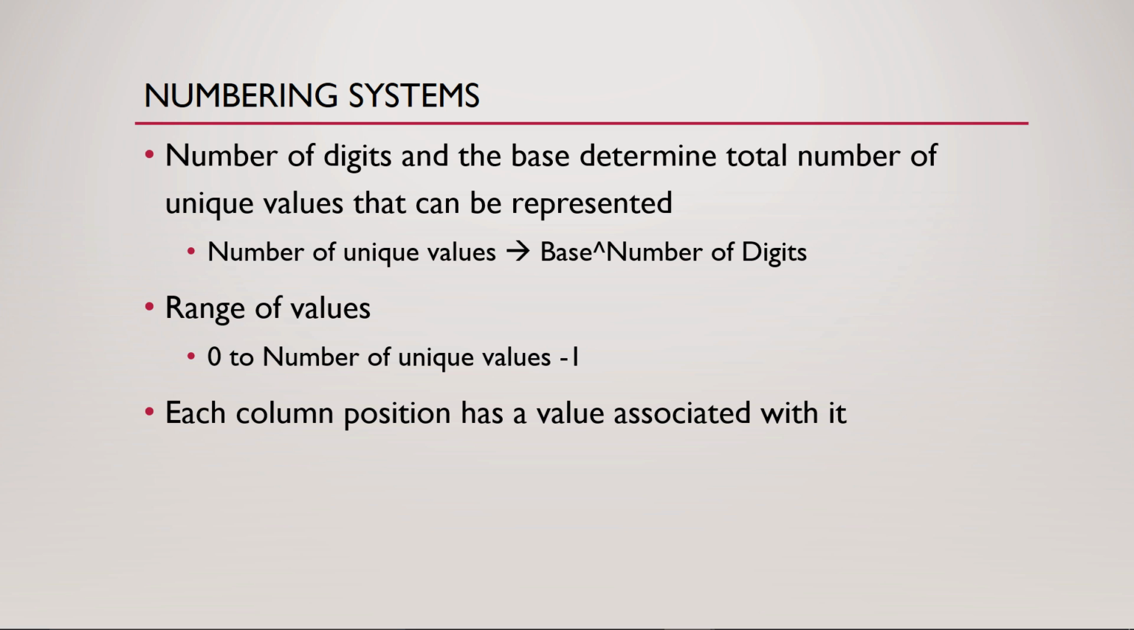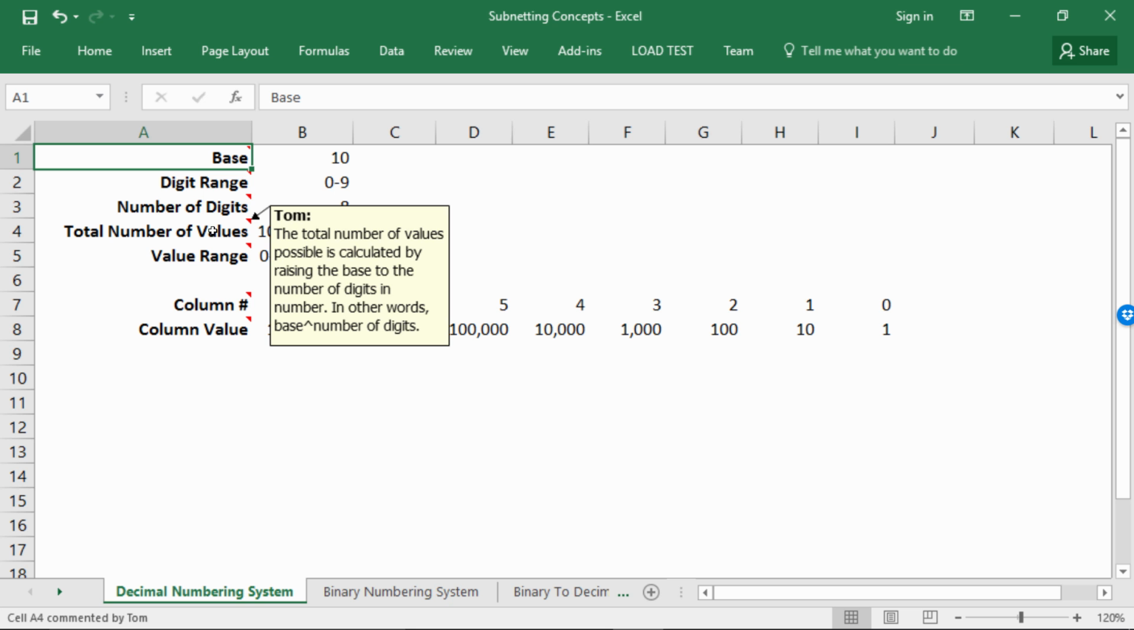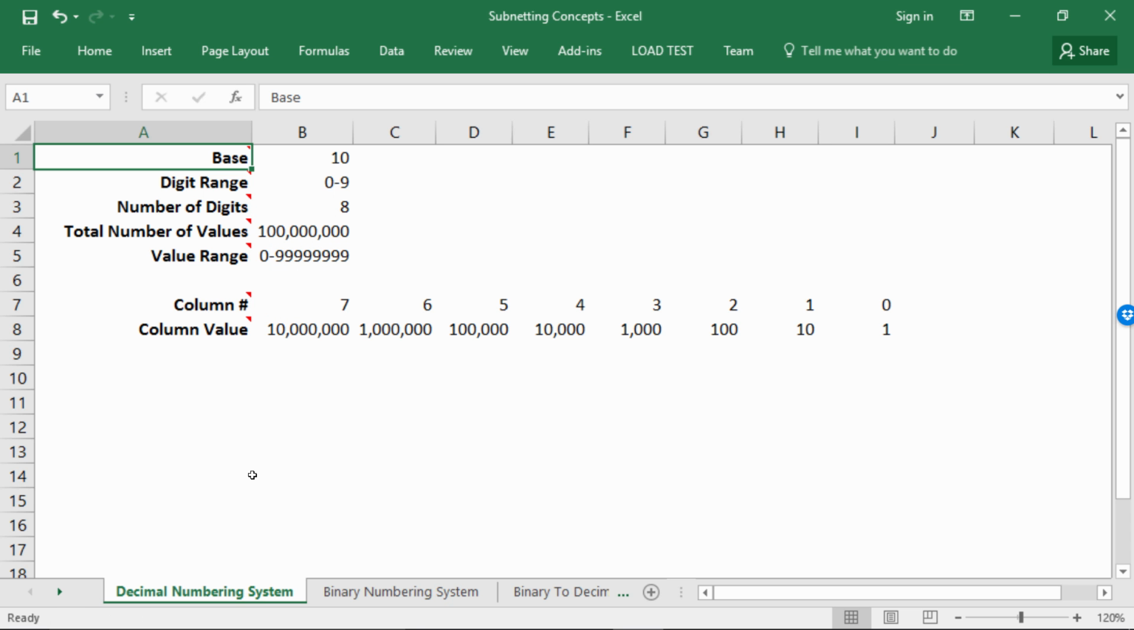If you haven't downloaded these spreadsheets yet, go back to the course files lecture and do so now. As you can see, I'm on the decimal numbering systems tab. If you hover over each of these items in the left column, you'll get a little pop-up explaining what they are. We've just explained them, so I don't think we need to go through them right now. You can see that decimal has a base of 10, and each digit can take on a value between 0 and 9. In this case, if I have an 8-digit number, I can represent 100 million different values, ranging from 0 up to